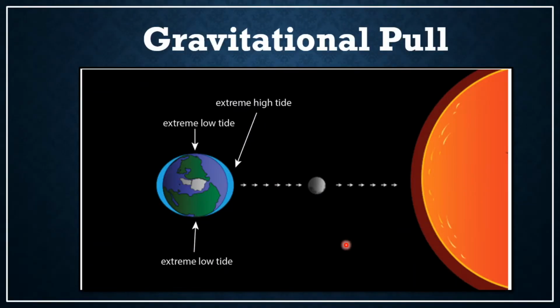Now, every object in the universe exerts a gravitational pull on every other object. The effect of gravity increases or decreases with the distance and the mass of the body. Here we can see how the moon is closer to the earth. So the tides are thus caused by the gravitational pull of the moon and to some extent the gravitational pull